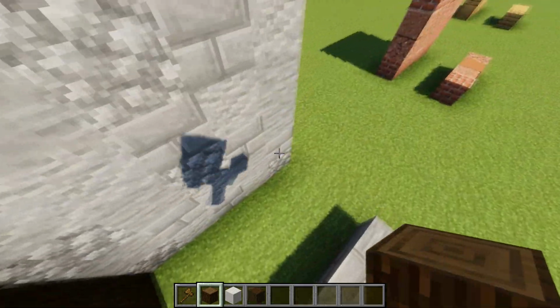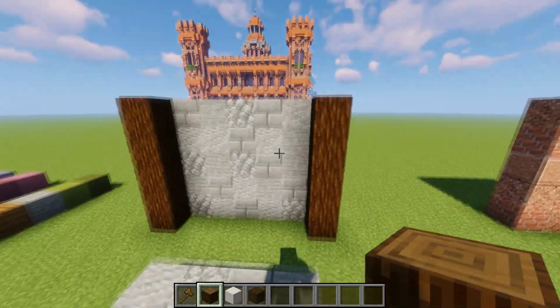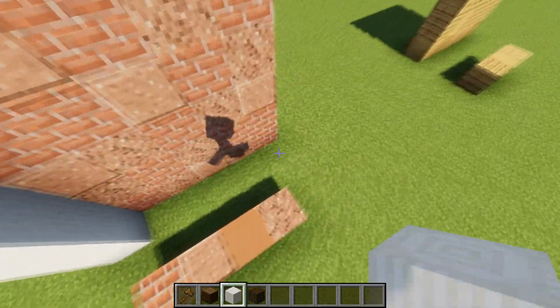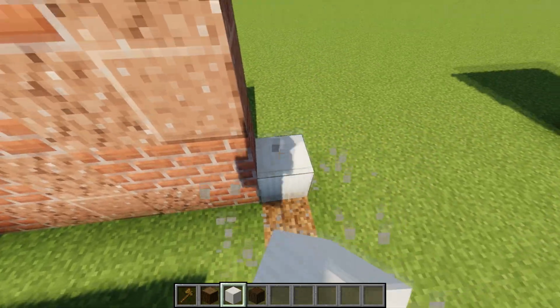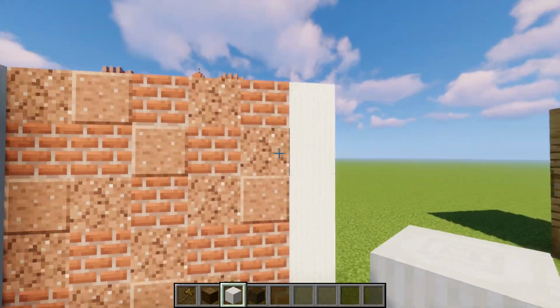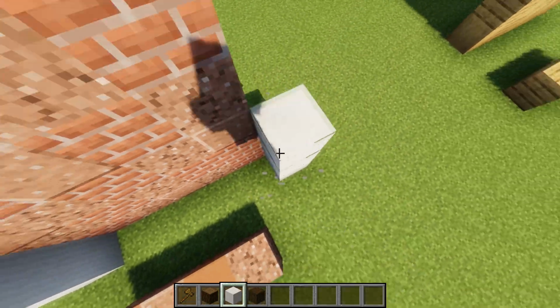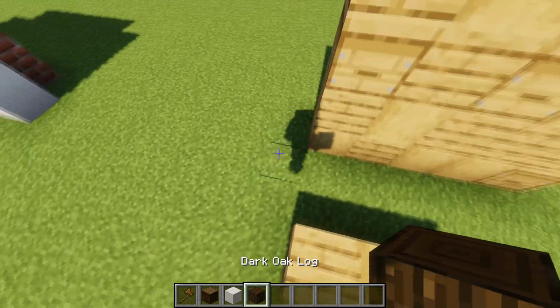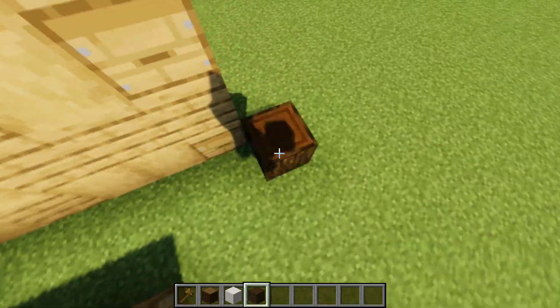Obviously we want depth, guys, so add it in a block in front to make it a wall. Okay, we don't want any flat sides here. This would be what it looked like if we did it like this. Look at the textures. They do not match at all. It has to be one block in front or behind. Could be behind if you're going to do something crazy, but let's go ahead and pop this in here